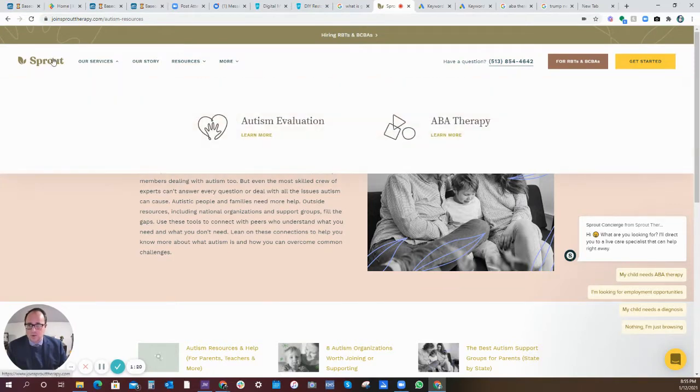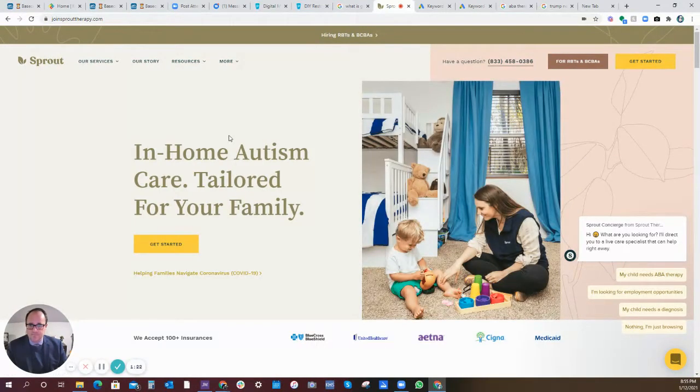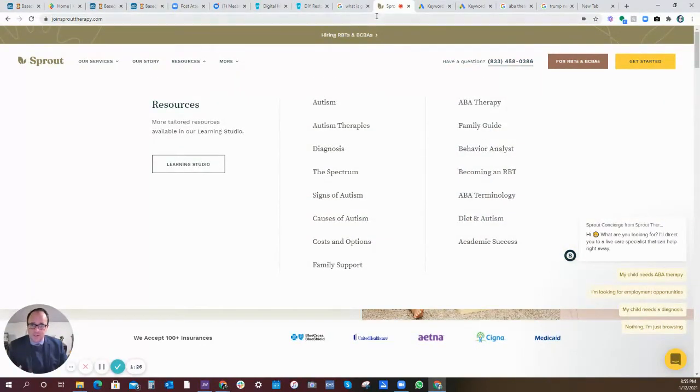So, going to the homepage, right away, one thing I notice is that if you hover up above here, it contains some key phrases, some keywords relevant to searches. So for parents with children with autism anywhere on the spectrum, this site shows up very well for that key phrase. Again, it's ABA therapy or ABA therapists near me.